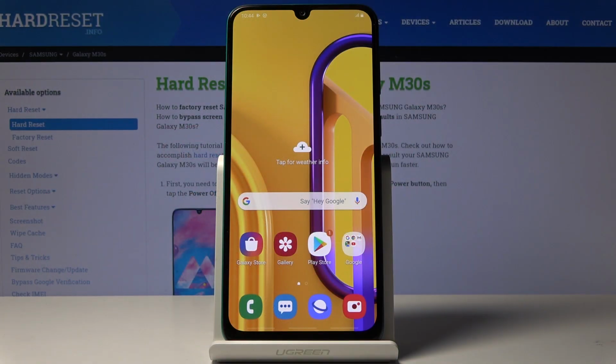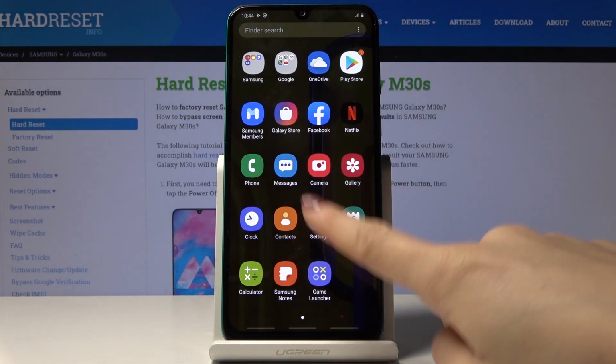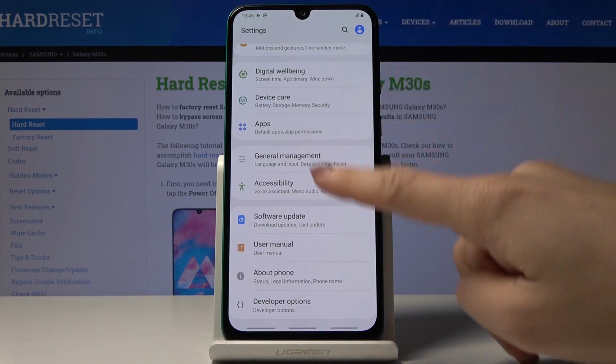Here I've got Samsung Galaxy M30s, and let me show you how to change ringtone on the following device. So at first you have to open the list of all applications, then find and select the settings. Now locate and open